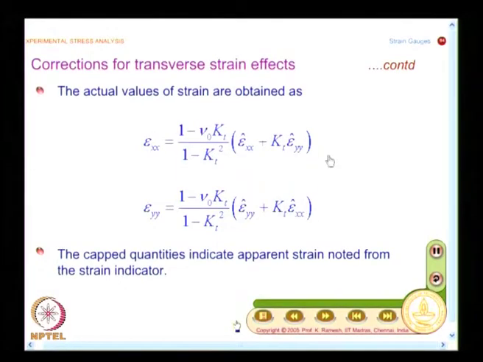Similarly, suppose somebody gives you a strain gauge and asks you to find out what is the transverse sensitivity factor. Now, we have the via media. What I do here is I make two measurements. I go back to the earlier set of equations. From the analytical expression, I know the true strain or the actual strain. From my strain gauge measurement, I get this expression involving kT. So, kT becomes an unknown and you evaluate kT from these equations.